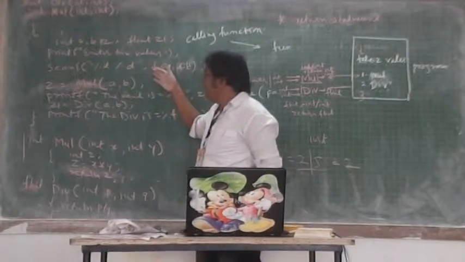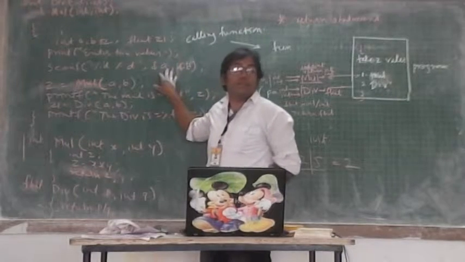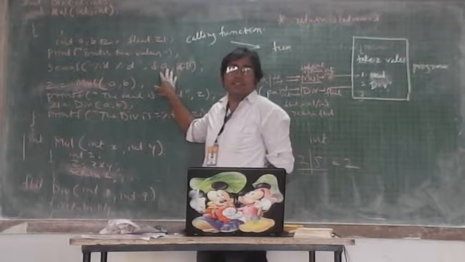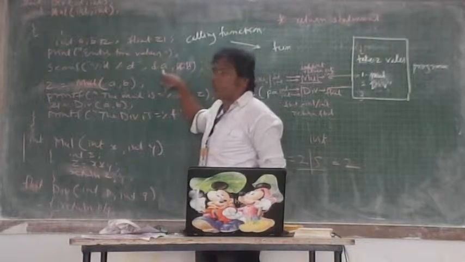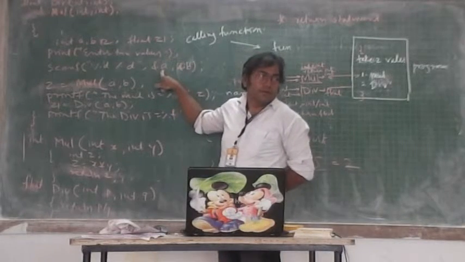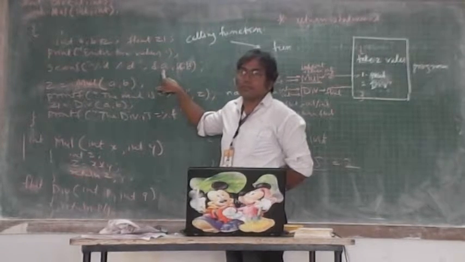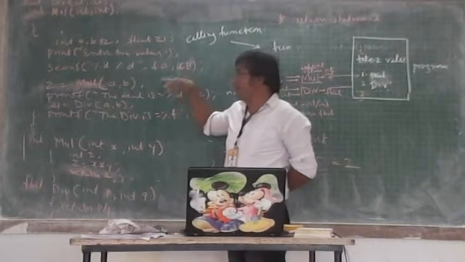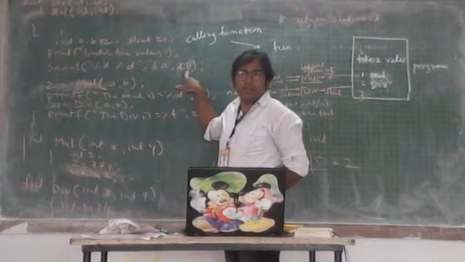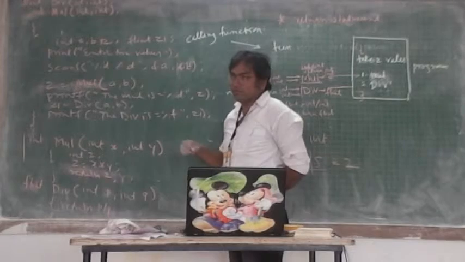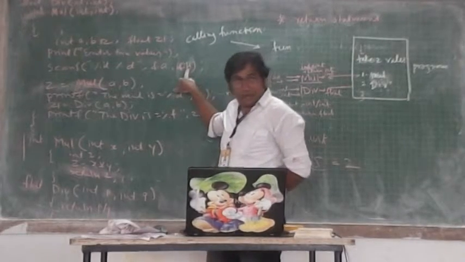Scanf function will be executing, so it starts waiting for the user to enter two numbers. The moment he enters the first number, that number will be stored at the memory address of A. The moment the second number is entered, the compiler will automatically store that second number into the address location of